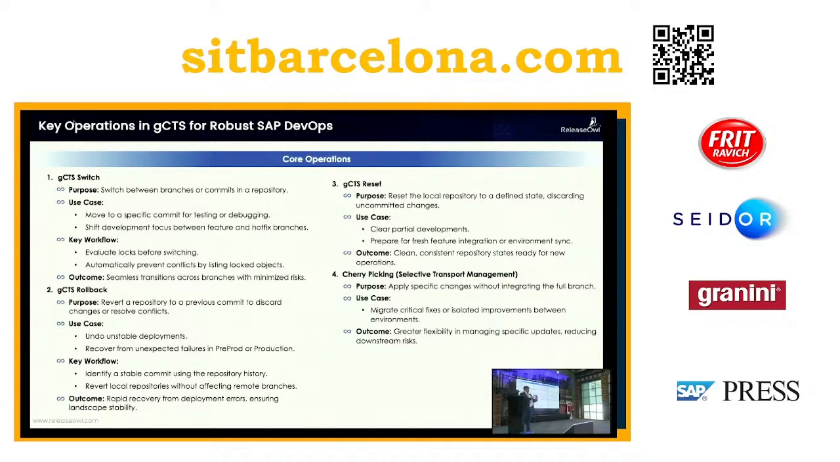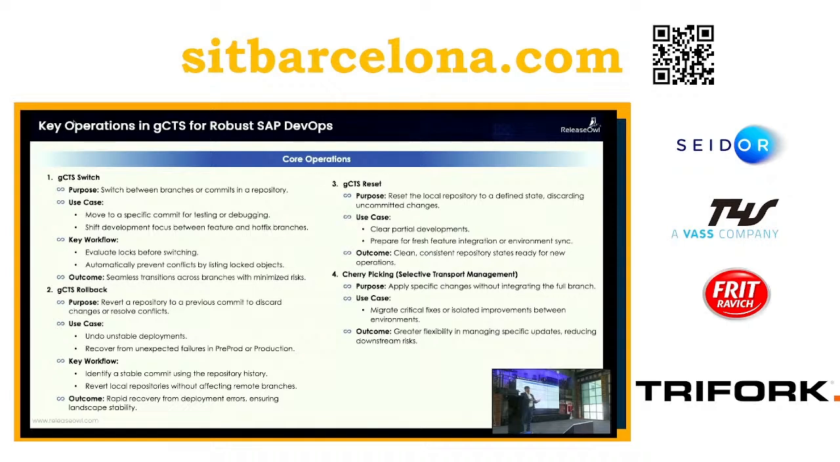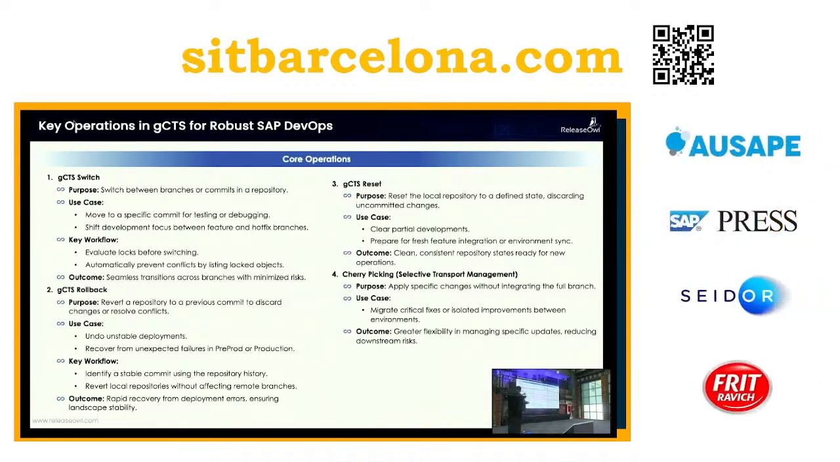If you switch to the hotfix branch, the entire master state, the production state, will be maintained in it for you to deliver your hotfix in isolation. The switch is a very essential operation. Then there are two things: you have rollback,